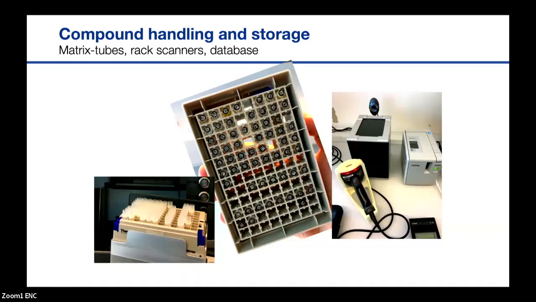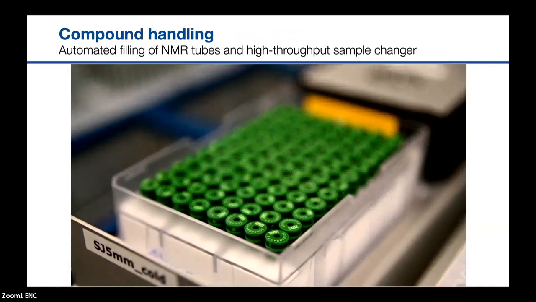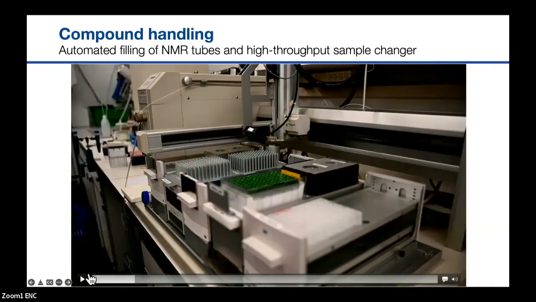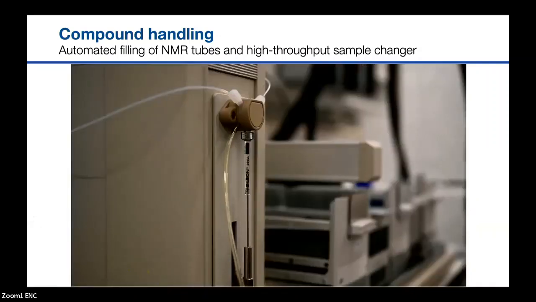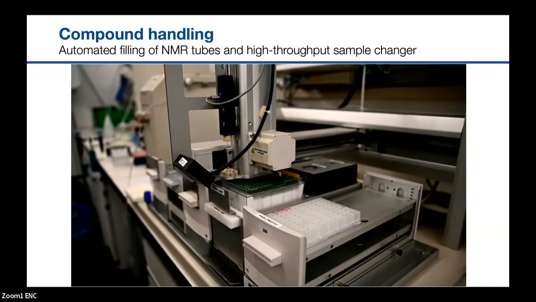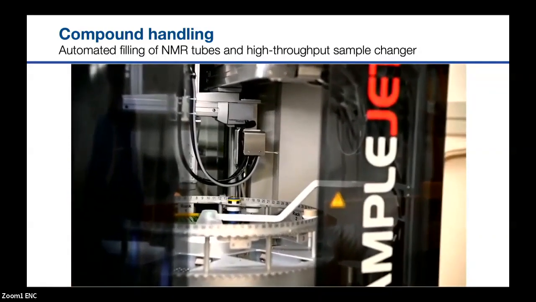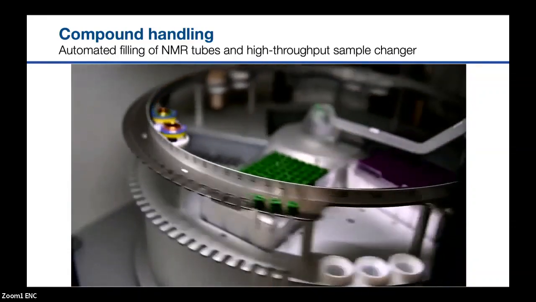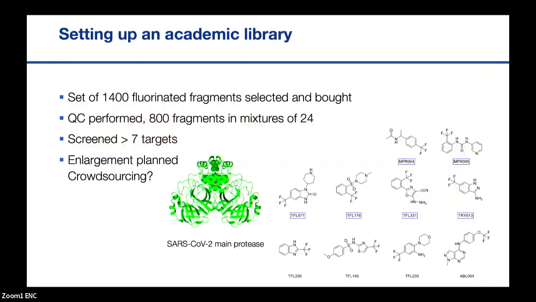You need logistics. So we have every compound in a 2D barcoded tube. We have dozens of those racks in our freezer. We have a database. We can scan them. We always know exactly where each compound is stored and so on. And then we have some robotics to fill the tubes. And then obviously, I'm not going to make a Bruker advertisement here, but we then have the high throughput sample changer to be able to look at all of this. All right. So